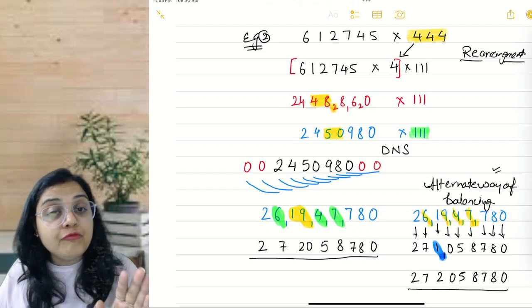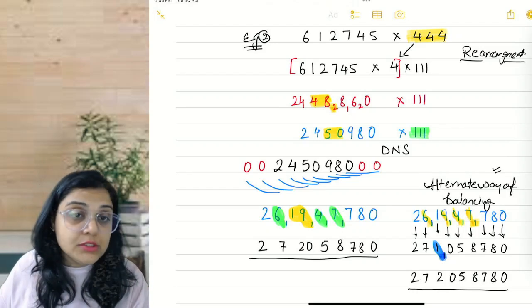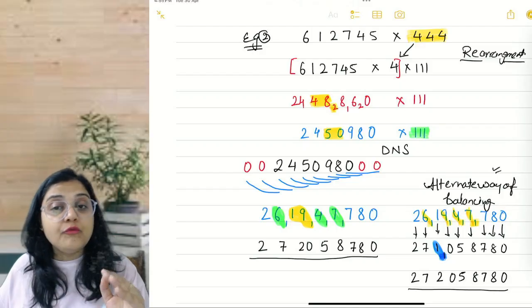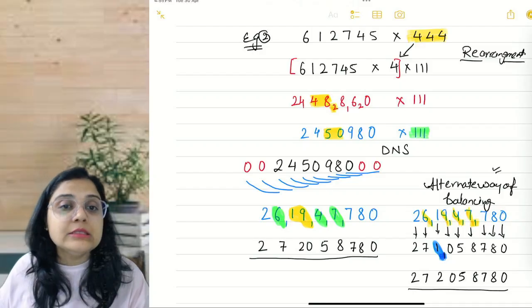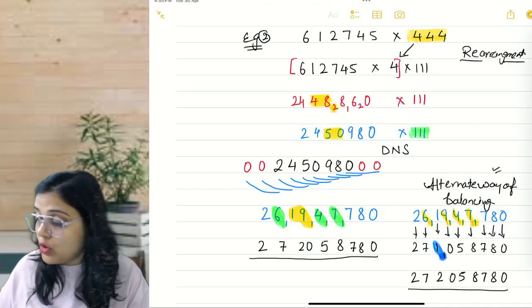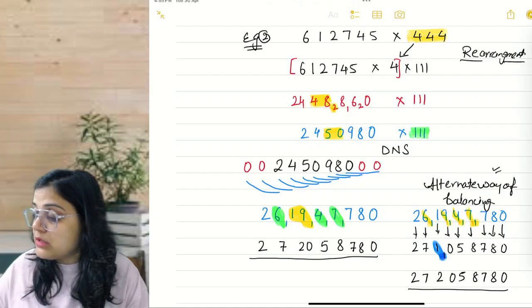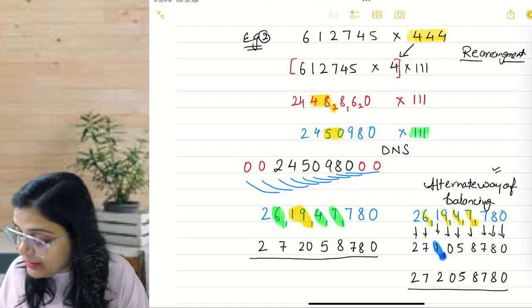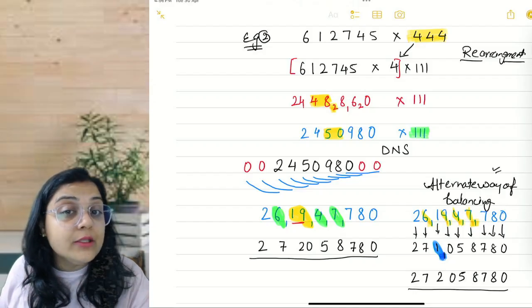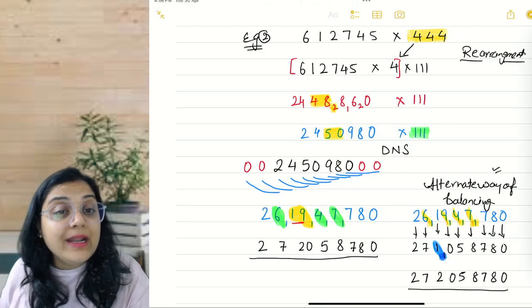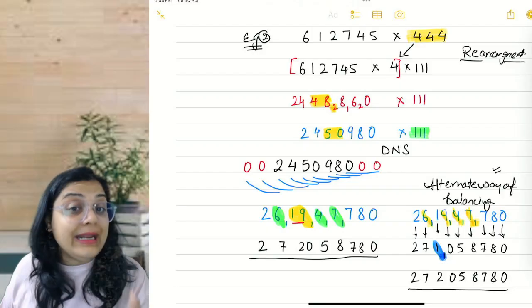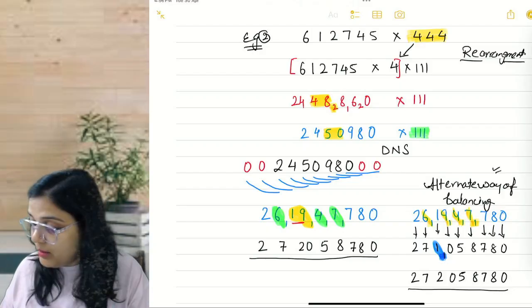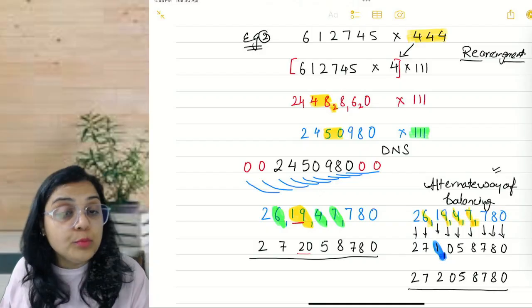Alright. But if you can do some smart calculations, if the things are clear to you, if you know how to do the smart work, and if you are more comfortable with these things, I suggest you can do it like this also. Since there was nothing between this 1 and 9, there was no carry between this 1 and 9. So instead of reading it as 1 and 9, I read it as 19. And 19 added to carry 1 will make 20. I hope this is clear to you.